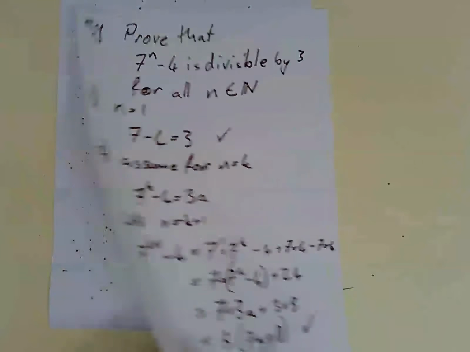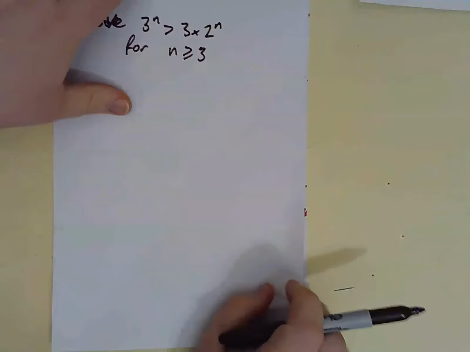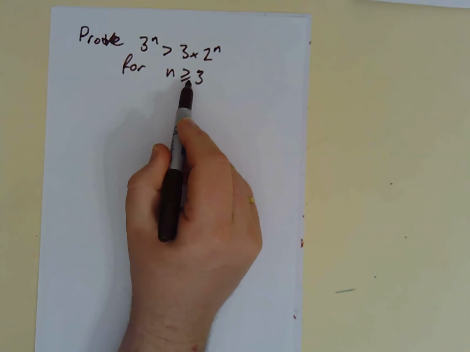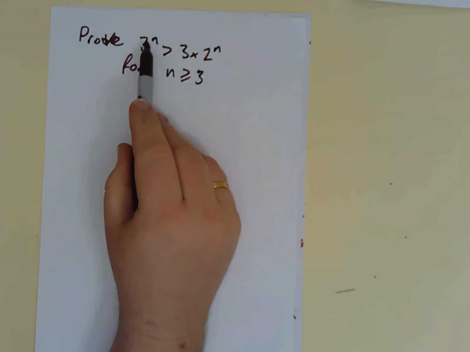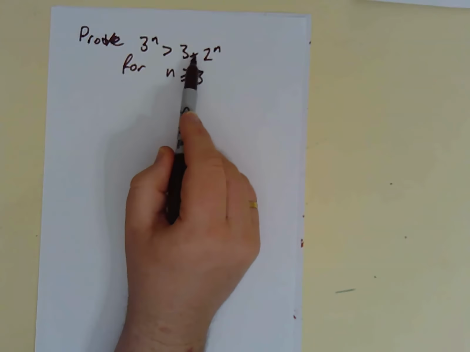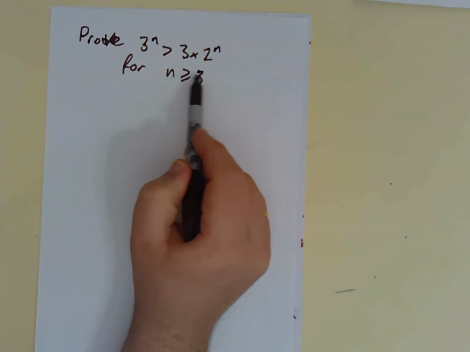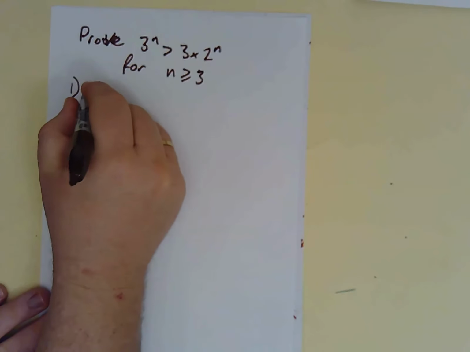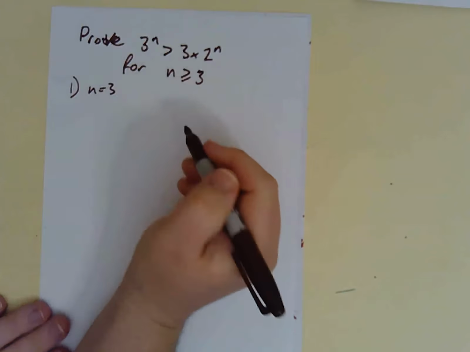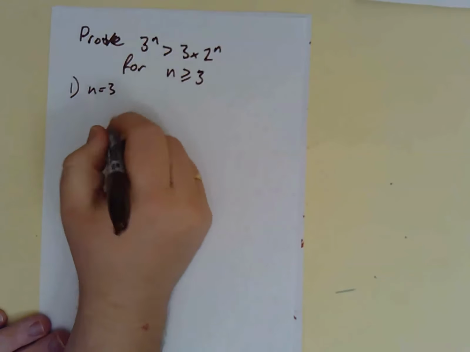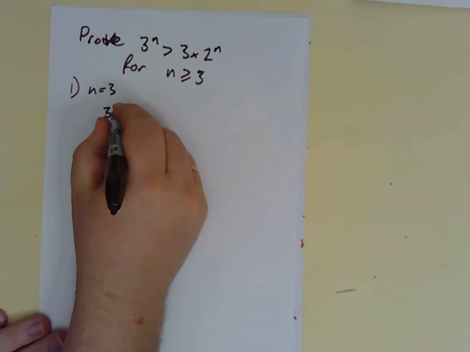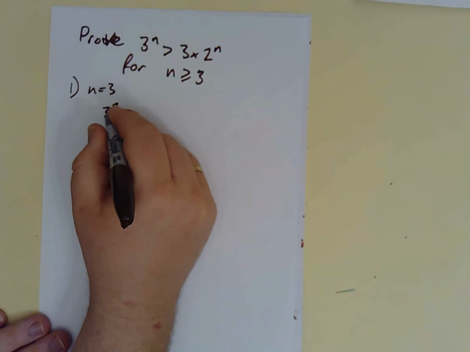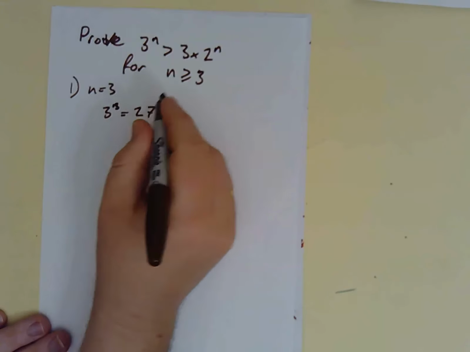So we're going to look at one more problem for today, and this is one where my n isn't starting at 1. So I'm starting at 3. It proves that 3 to the n is greater than 3 times 2 to the n for all n greater than 3. So our step 1 now is n equals 3, because that's the smallest number that this is true for. So 3 to the 3 is going to equal 3 squared is 9, 9 times 3 is 27,